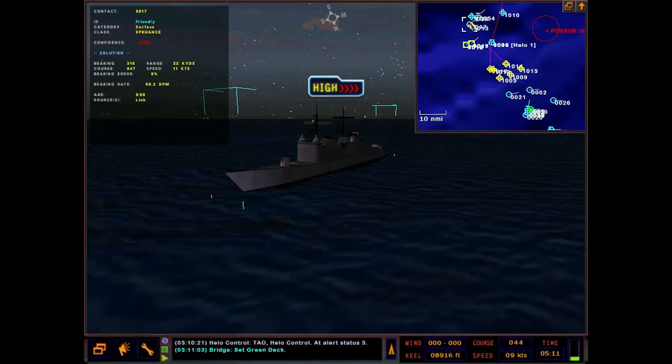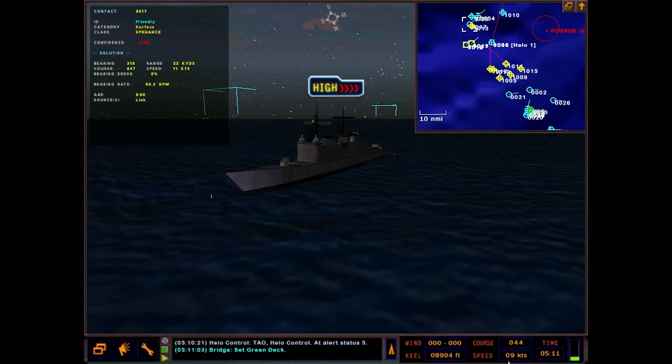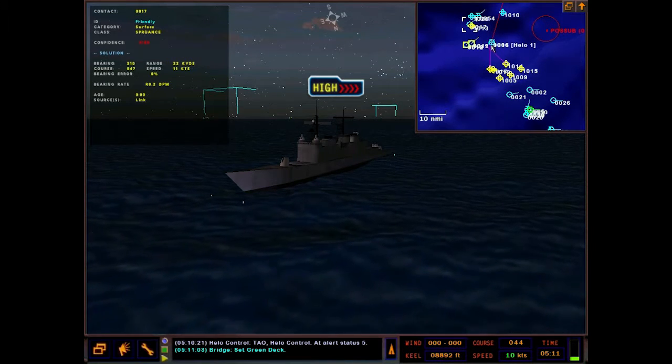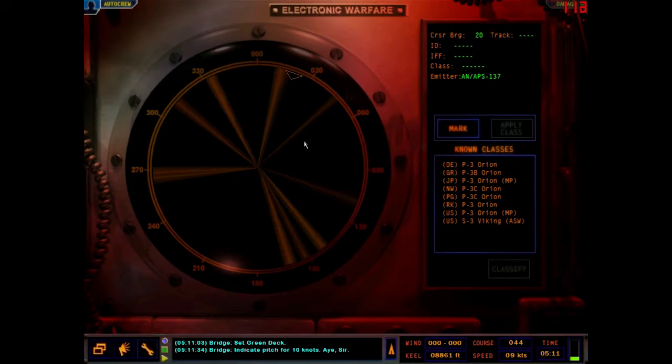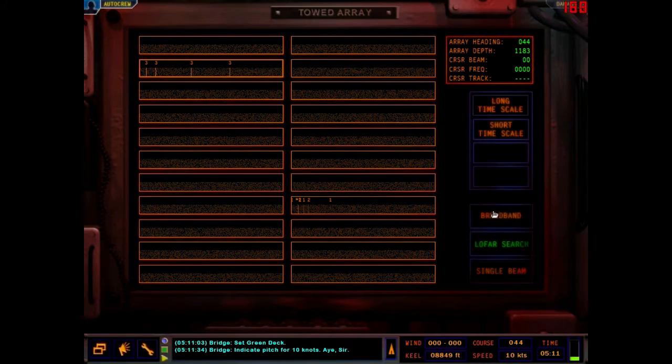They're going 10 knots. He's going 10 or 11. I'm going 9, so I'm going to speed up to 10 knots here. Aye, sir. Let us get that thing out there. So we got...